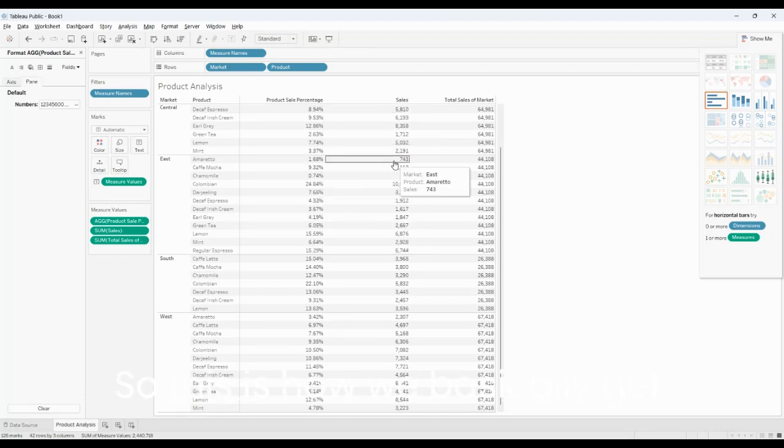So this is how we basically get the percentage. In order to achieve this, we created two calculated fields. So that's all. And in order for more such